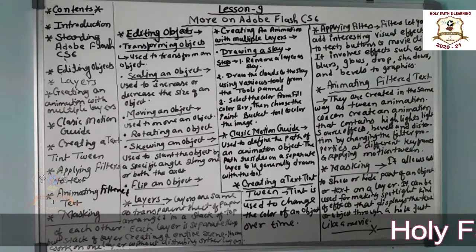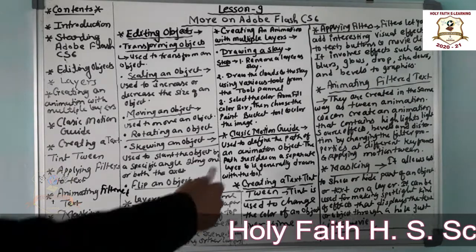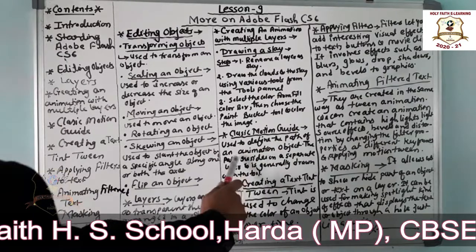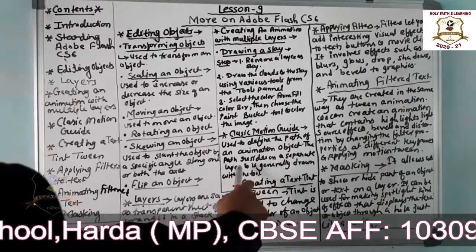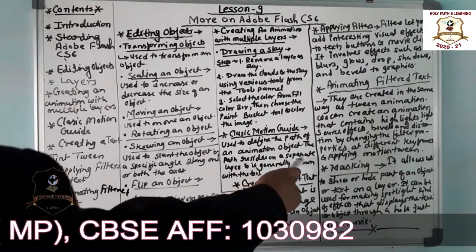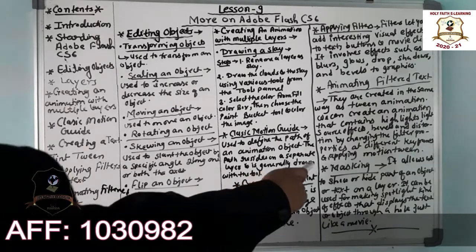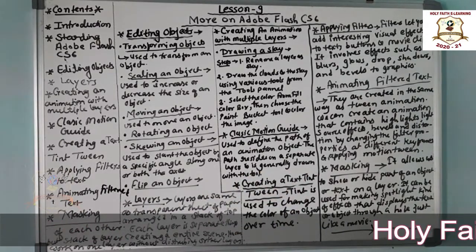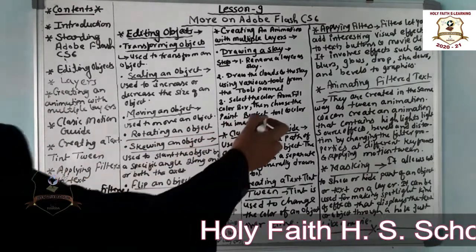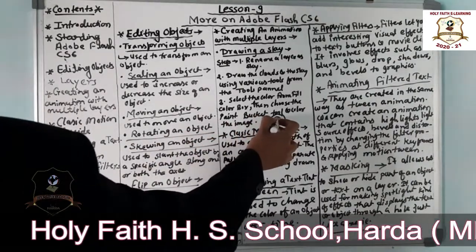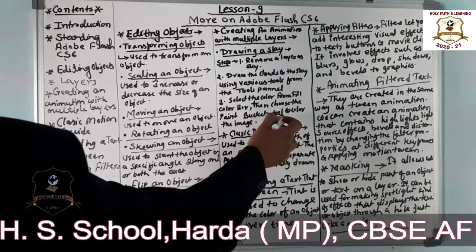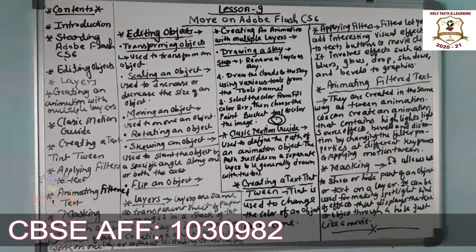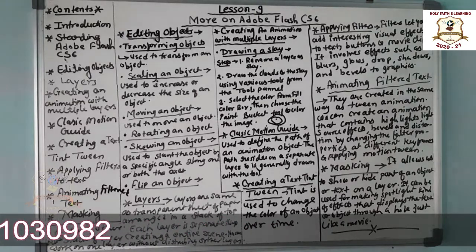Okay, now the classic motion guide. The next topic is classic motion guide. It is used to define the path of an animated object. The path resides on a separate layer and is generally drawn with a tool. Means with the help of tools we can draw a path, just like this is the path in which a bicycle is riding. So that is how you can draw a path using the different tools of Adobe Flash.